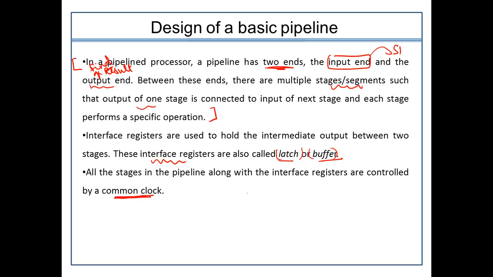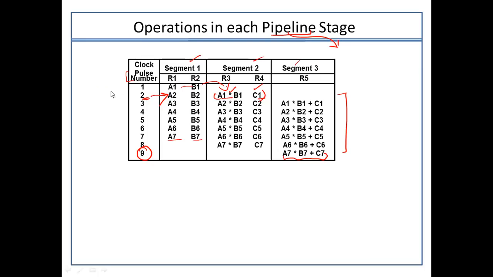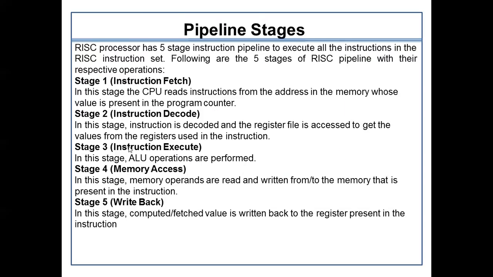So this is what I was talking about. The clock will remain common for performing all the processes. We are only counting the process execution in terms of clock pulses, like how many clock pulses are required within that particular clock to perform the entire execution of the operation. So this is what the point was.